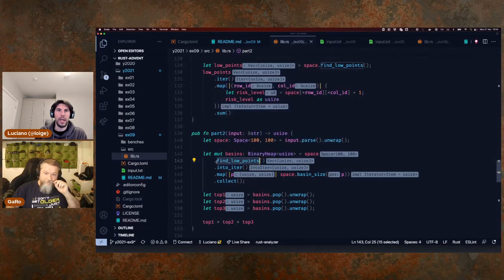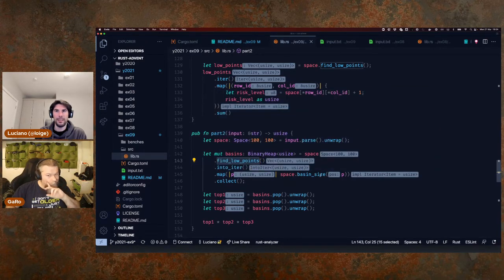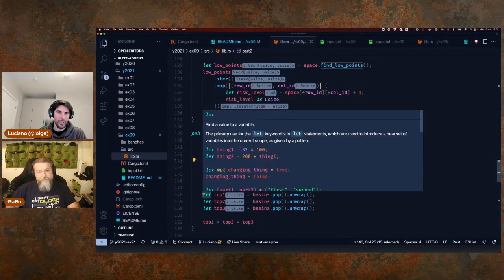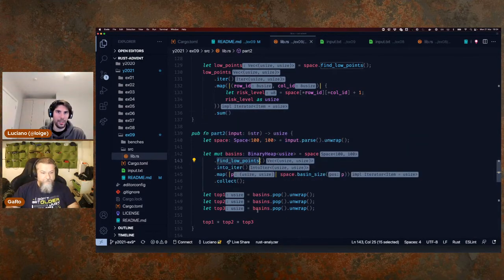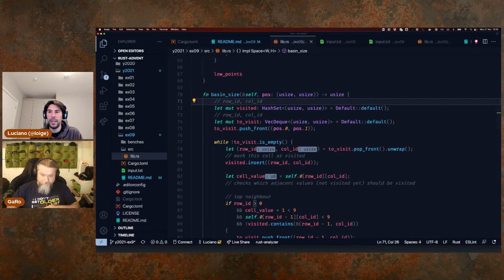And then what we do, we iterate over the low points, and we map basically to the basin size, taking a position, which is the position of a low point. And at that point, we collect into a binary heap. Then with that, we can just do top 1, top 2, and top 3 by popping from the heap, and we just multiply those 3 values. Make sense? Yeah. Okay, so now we just need to look at this basin size function, which we start from a low point, and we need to be able to count. Basically, we do a flood fill from that point and count how many pixels or cells we are covering. And